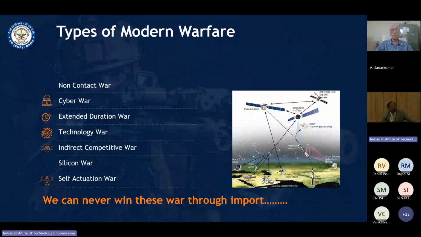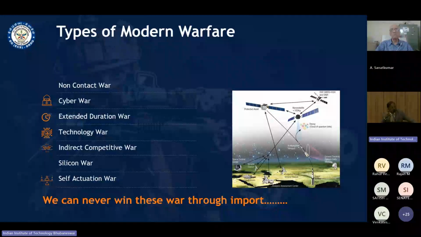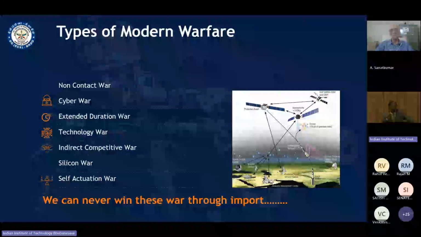So when you have to fight such a war and you have to trust the weapon which you have not designed yourself, yet you have to still fight, imagine how much self-confidence is required by every armed force to use those systems. So this puts a phenomenal responsibility on designers like you and me that we design the world's best systems, and on manufacturers and developers in industries who use every single component not to save money, but to save the pride of this country. That we make the best of the systems which the armed forces are going to trust.